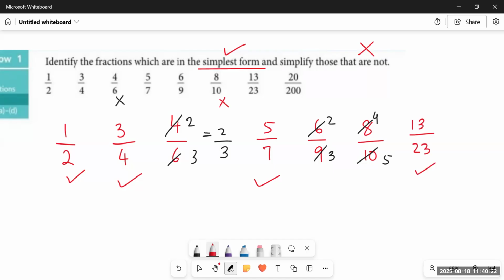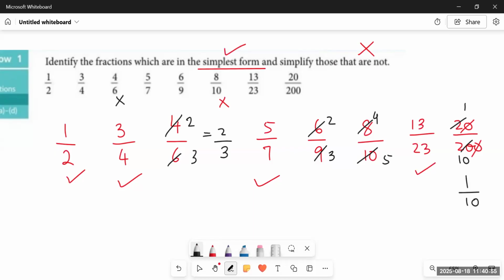Then we talk about 20 by 200. So students, let me tell you one trick over here. If you have a number with a 0 in it, and another number in the denominator which again has a 0, you can cut the 0 with the 0. So it becomes 2 by 20. Right? And still we can simplify it by 2 because 2 ones are 2 and 2 tens are 20. So it becomes 1 by 10. So yes, we can simplify the last one a bit.